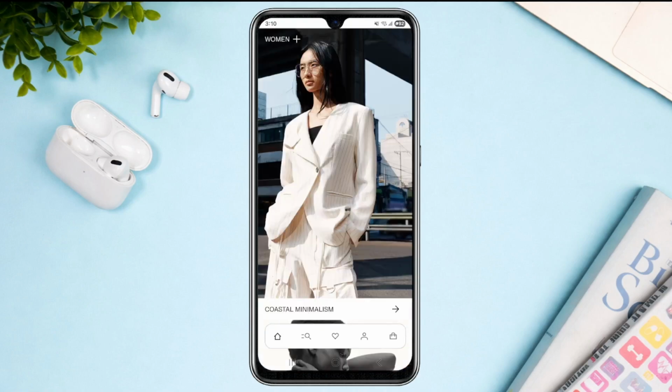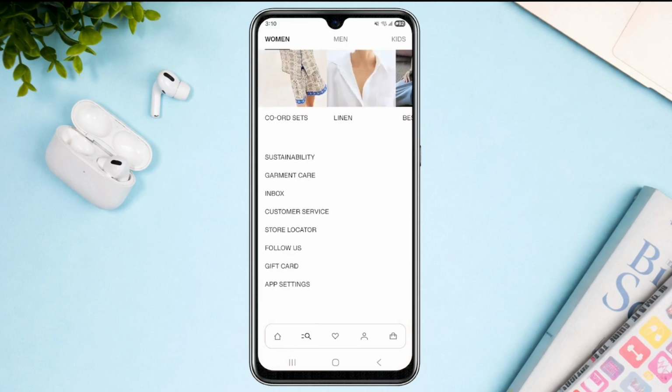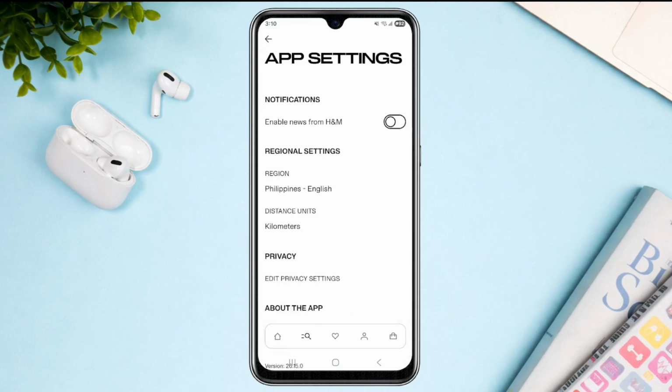Changing country or language is very easy. All I have to do is to tap this magnifying glass below, right side of the Home tab, and then in here, scroll all the way down, and then choose on App Settings. So as you can see under Regional Settings, you should be able to see the current country or region that you're